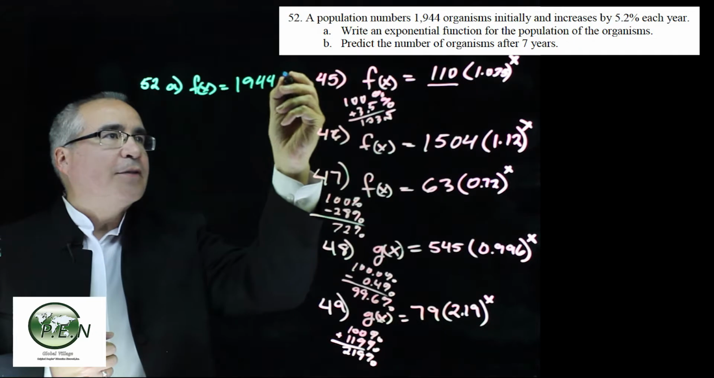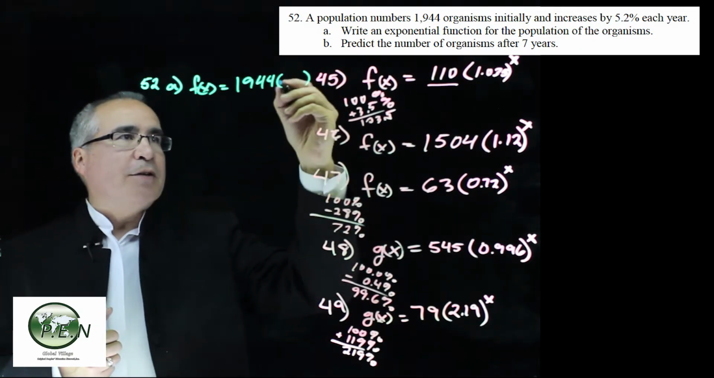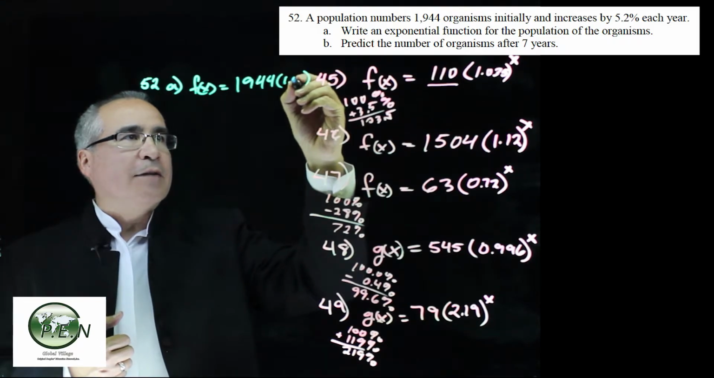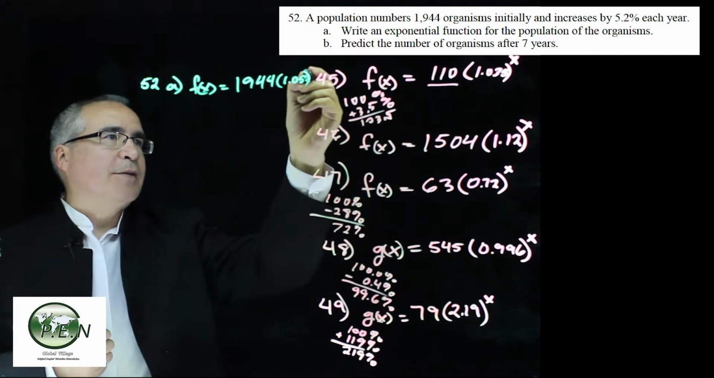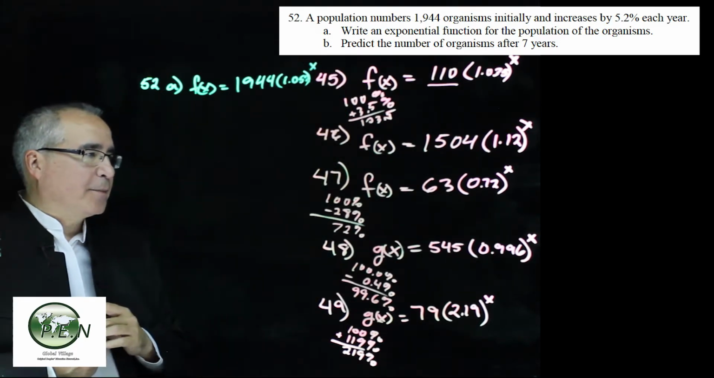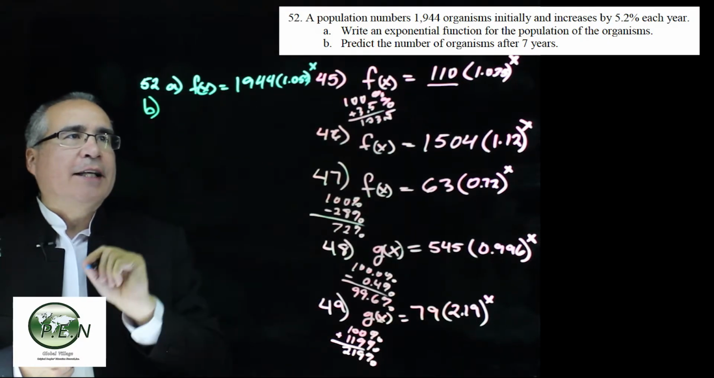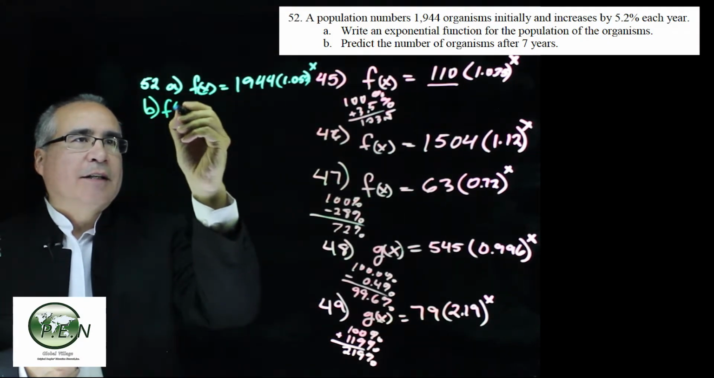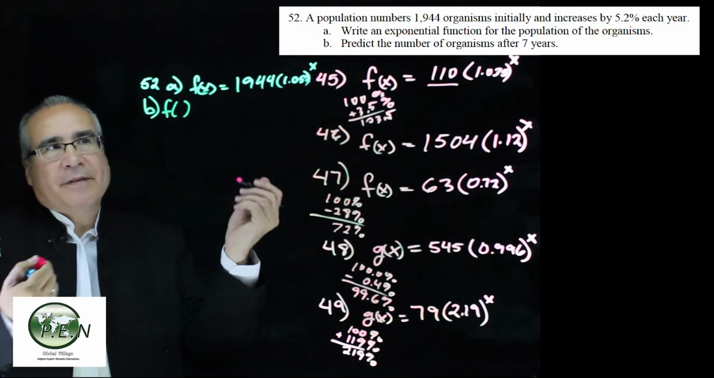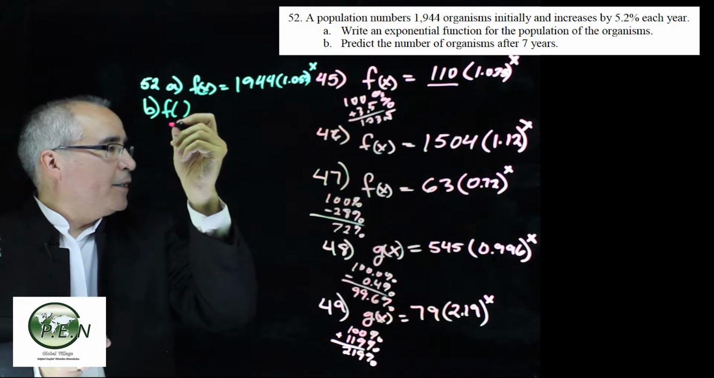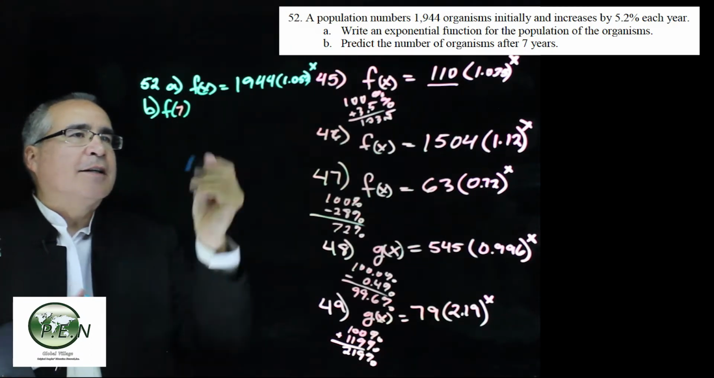1,944 organisms, and it's increasing by 5.2%. So that is 1.052, 100% plus 0.52 raised to the x. Okay. The b part of the question is to take this function and figure out what happens after 7 years or 7 days or whatever. 7 years. So we plug in 7 there,